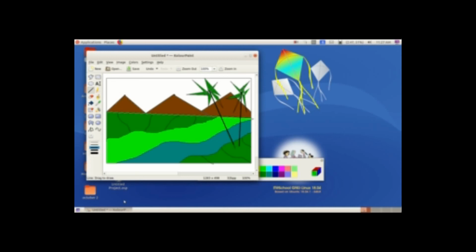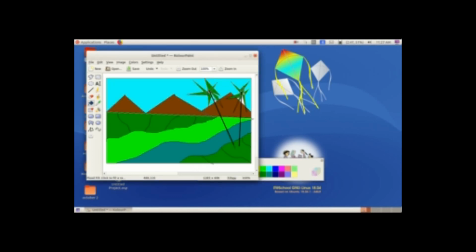Now we have to give the color to the sky also, to finish the picture. So taking the color once again, blue, like sky blue color, and just click the bucket flood fill tool and press there.